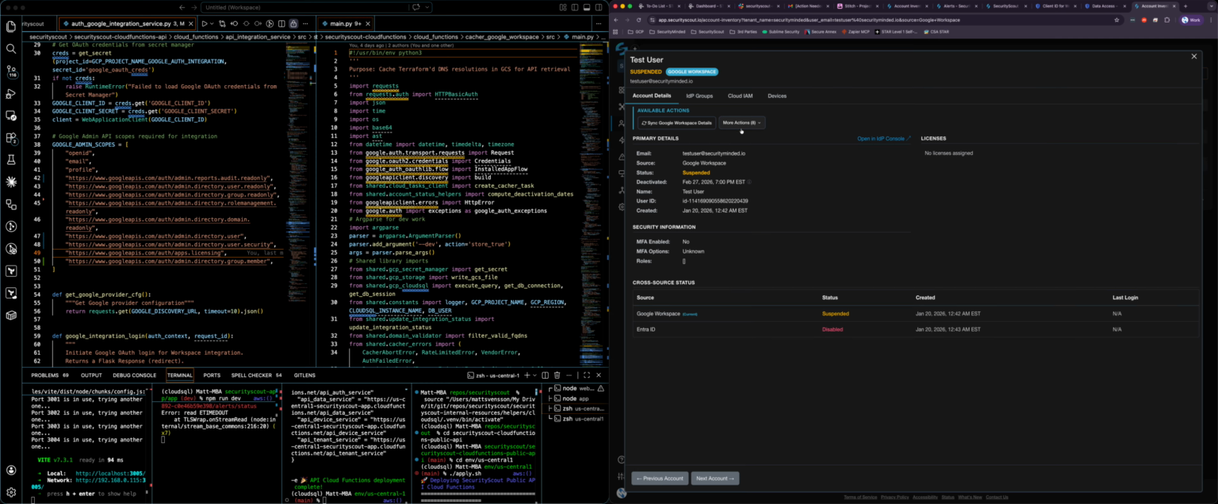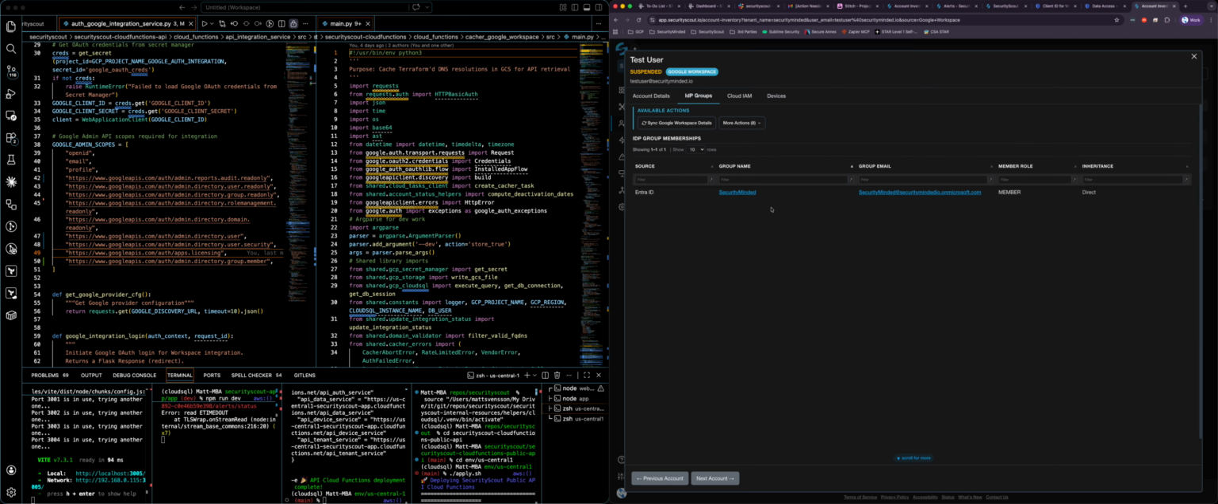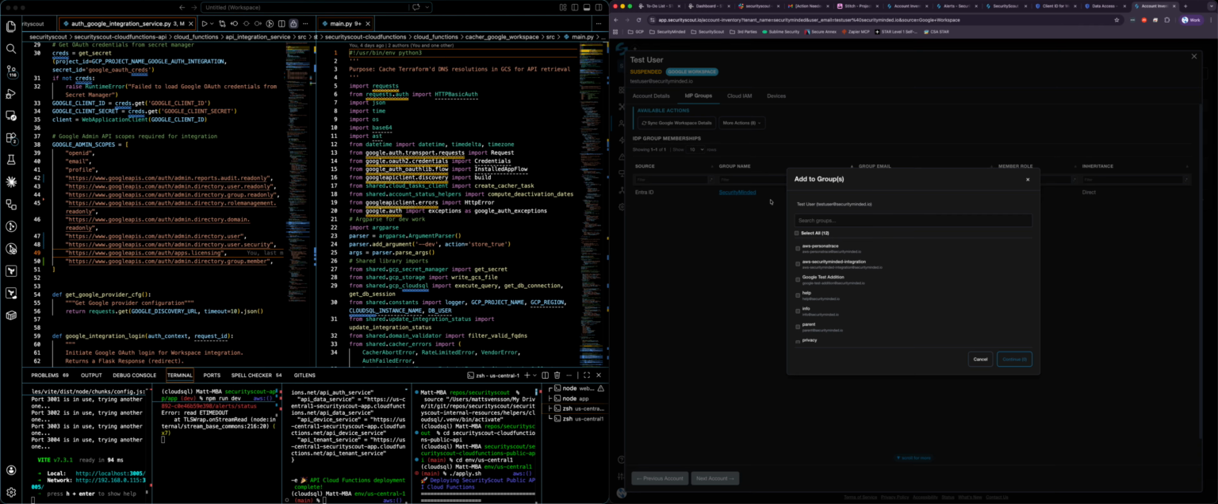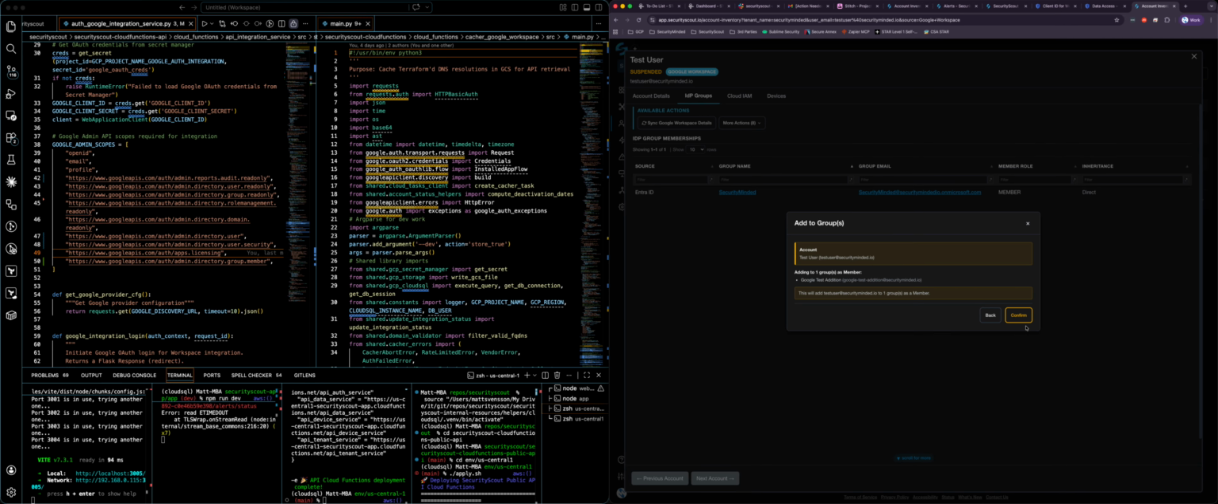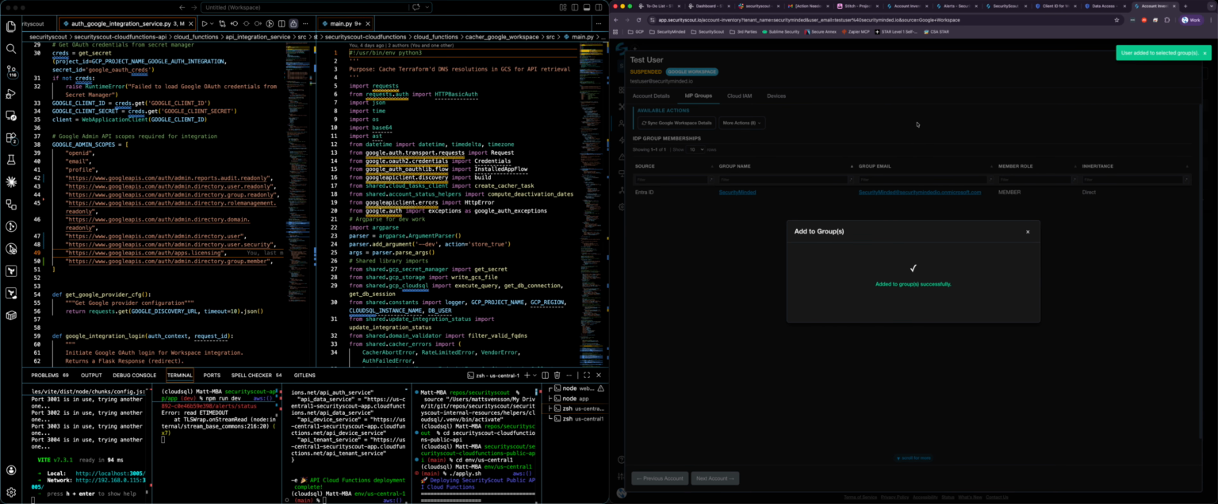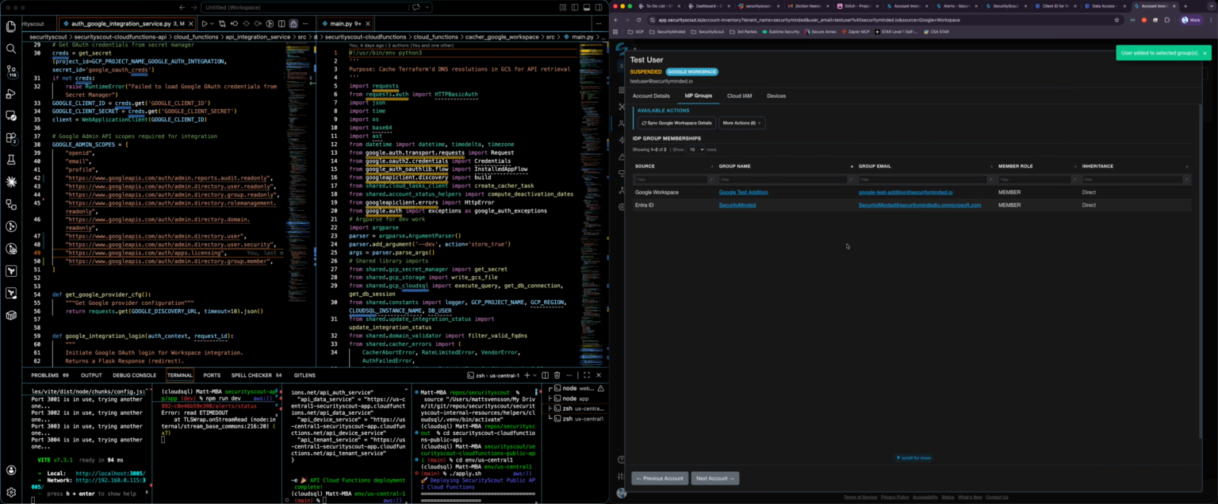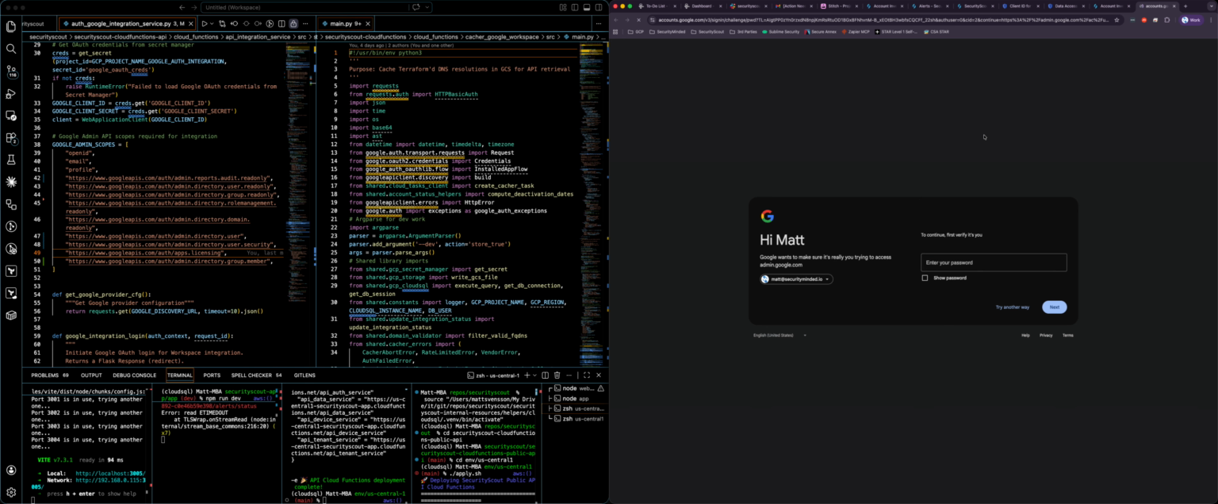From the group's perspective, since both of those are now included in this, in Google Workspace we have a test user. That test user currently is not part of any Google groups actually, so I can then go in and add this user to like Google Test Edition, and that will then add that user to Google Test Edition. So the functionality for adding the user and